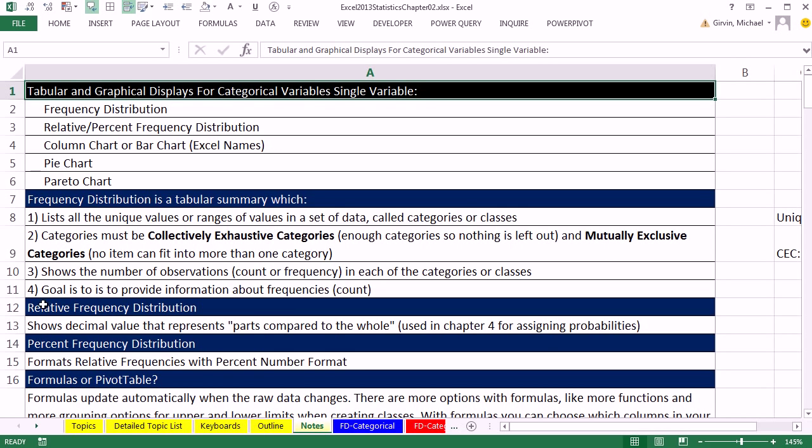The frequency distribution will show the number of observations, count, or frequency for each category. And the goal is to provide information about frequencies or count. Now, that doesn't seem like much, right? But you won't believe how often it's very important to know which category has the most. For phones, we want to know which phone was purchased most often, or for that matter, the least often.